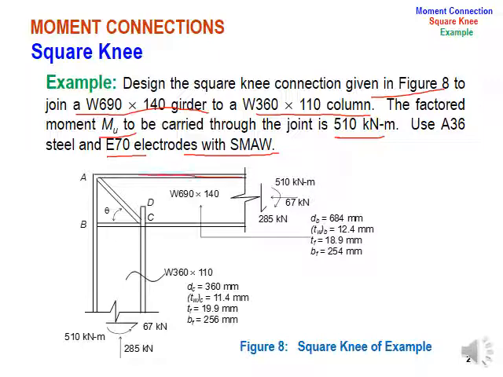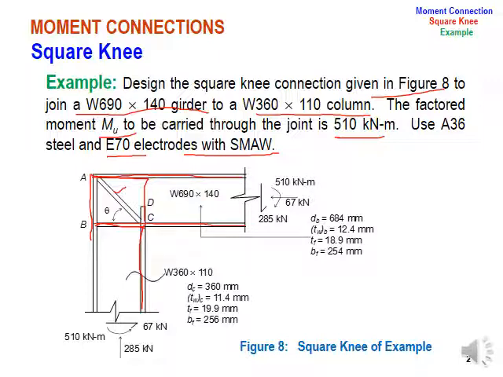So you can draw a schematic diagram in which you can show, first of all, the beam section is continued through the joint and your column section is discontinued over here. I have told you the flanges need to be discontinued, the web needs to be discontinued, but the left flange of the column, as the AB face of the joint, is going to be continued. So that part needs to be designed.